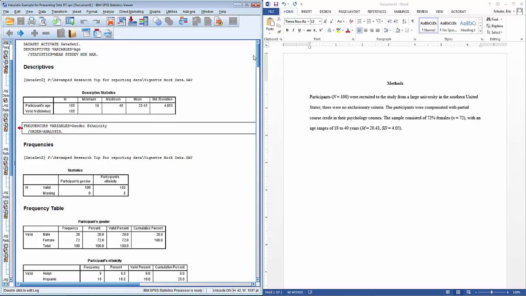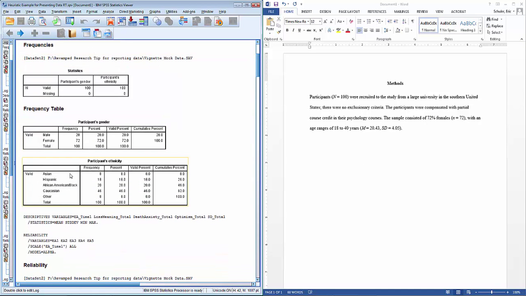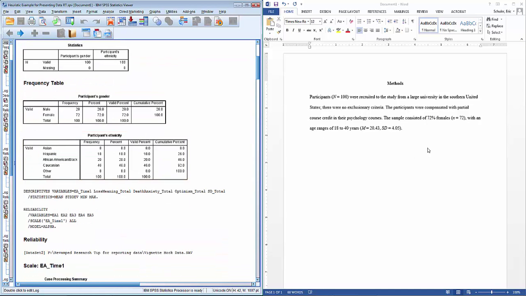Okay, now let's go ahead and add in information about the ethnicity of our sample. So I'm going to scroll down to the frequency tables for ethnicity, and now I'm going to start entering this information in text. In the study, let's see, I'm going to use percentages for these. 46% of the participants